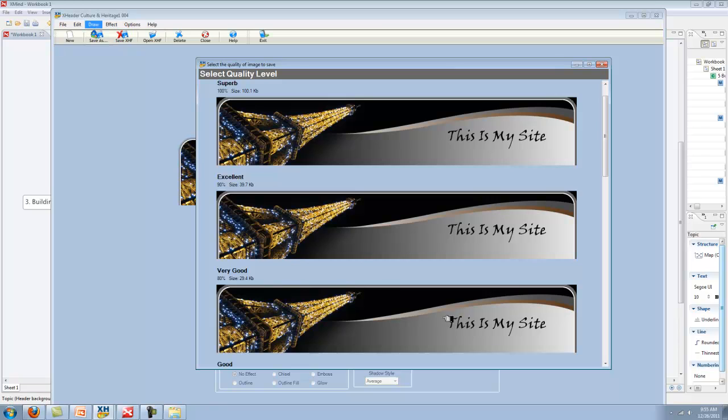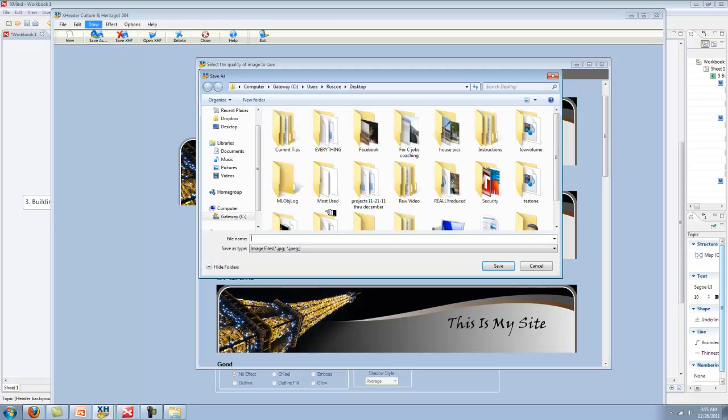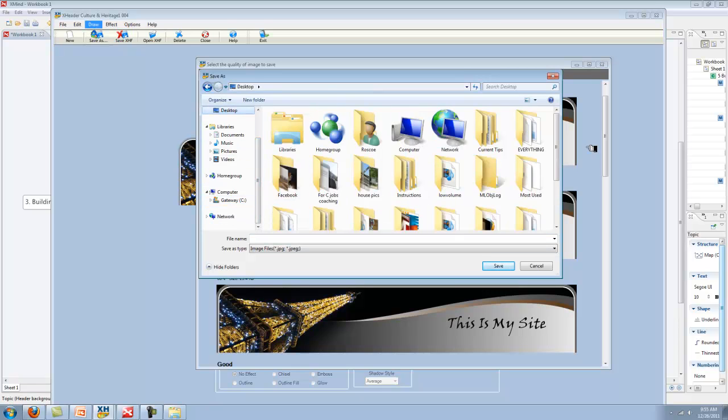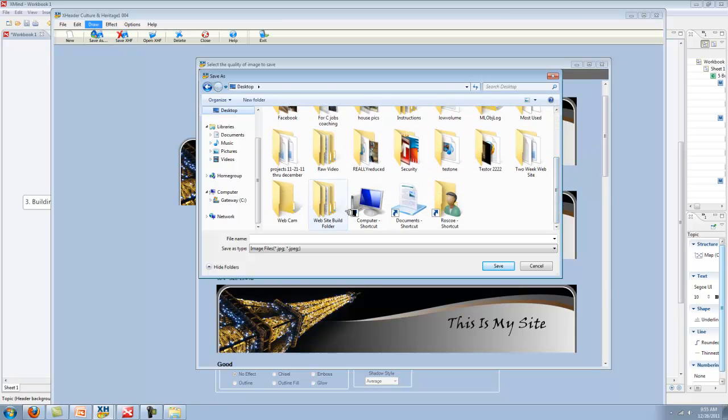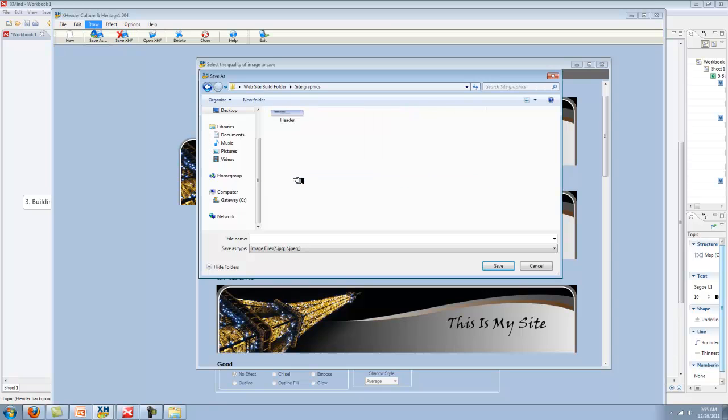And they look so good, you can even come down here to Very Good. But for the purposes of this, we'll go to Excellent, double click on it, and we will save that now as a JPEG file, just like I did the one from PowerPoint. We'll save it as a JPEG file over here in the website build folder under site graphics, and I'll just name it my site header